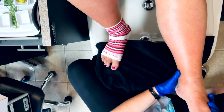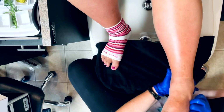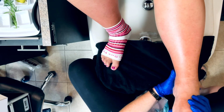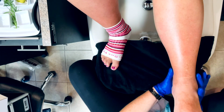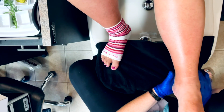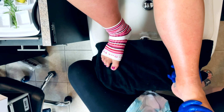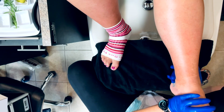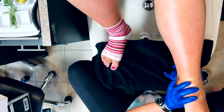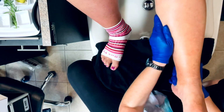The massage isn't really a great time to talk about home care because hopefully they are kicked back, relaxing, and in the zone while you're doing the massage. The scrub is a great time to talk about home care. When you're doing the foot filing is a great time to talk about home care. So kind of think about the things that you would want to talk to them about when you're doing the home care and utilize those two opportunities for discussing what you would recommend to them,